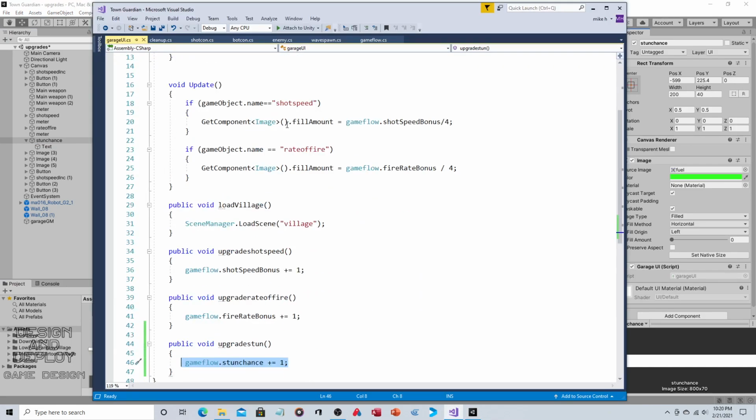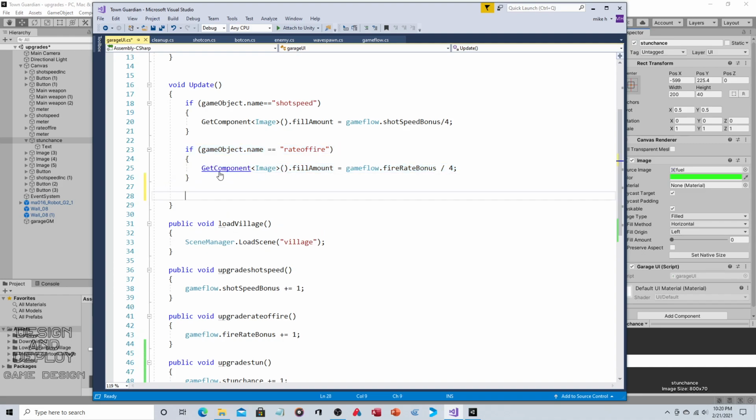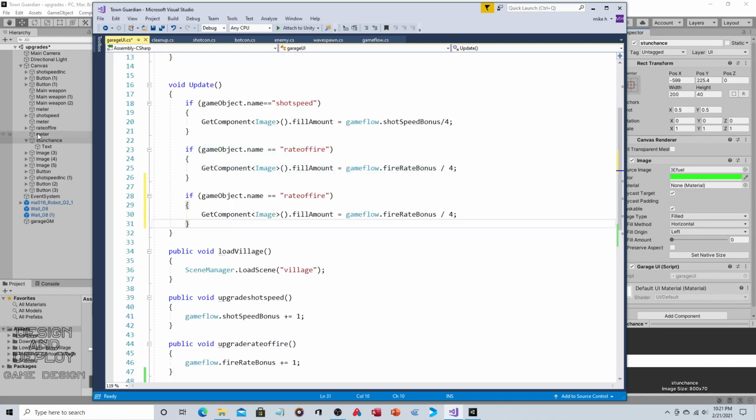And what you can see is in the update section, I'm updating the fill amount to various objects. Those are the first two. So it's just rinse and repeat. So I'm just going to copy this because I'm lazy. So if game object is stun chance, so if the name is stun